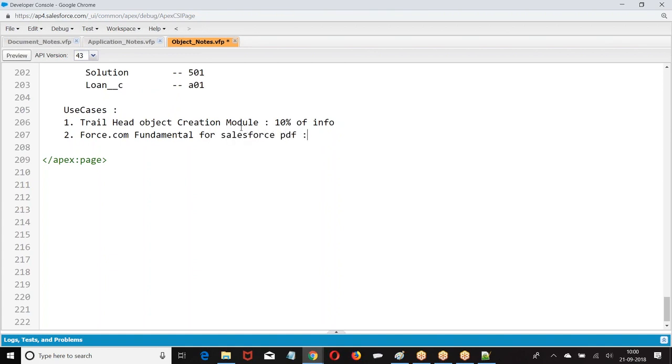In Google, just type it and you get a PDF. In that PDF, from page 35, start practicing.